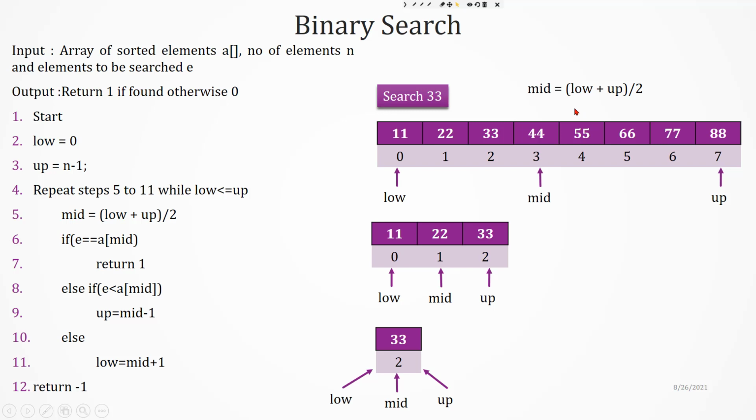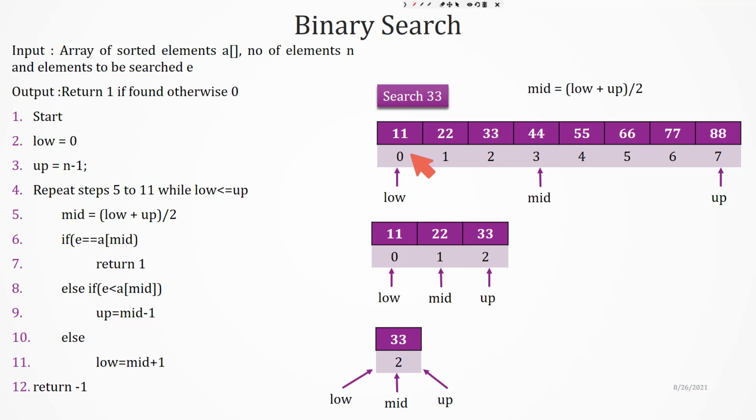So today we are going to study one of the searching algorithms, which is binary search. We already studied linear search, so we all know what searching is. We have a given set of elements and an element to be searched. If the element is there in the array or in the list, we say the search is successful. Otherwise, the search is unsuccessful.